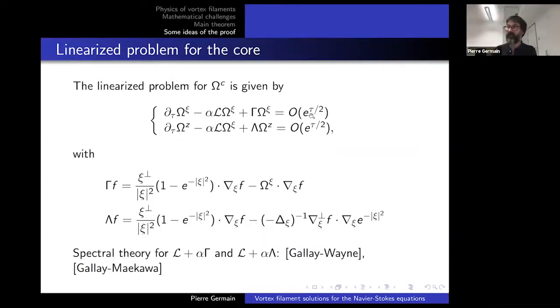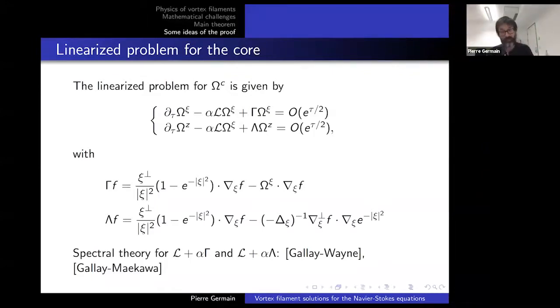Here I say -infinity because in the rescaled time variable, the self-similar time, if you want, comes from -infinity. So maybe that's a very important observation, that there is this decoupling, and besides this integrable coupling between the horizontal and vertical directions, things are diagonal, and the operators that come up here, gamma and lambda, fortunately have already been studied in the paper by Gallay-Wayne that I mentioned earlier, and a more recent paper of Gallay and Maekawa. So we could rely on these two very nice papers to